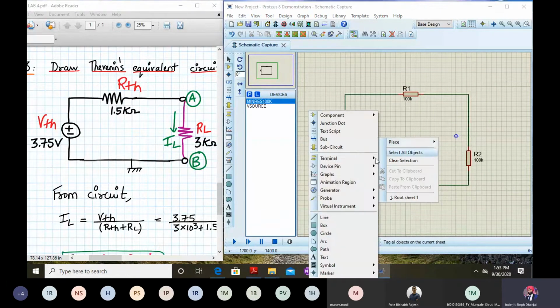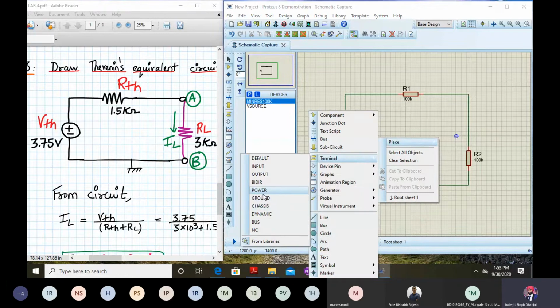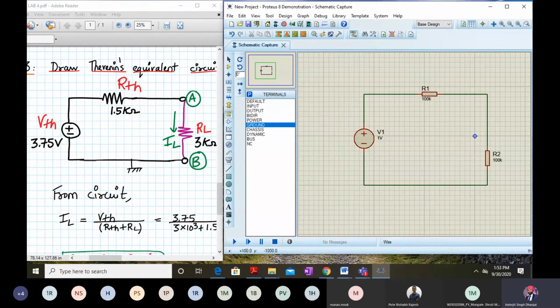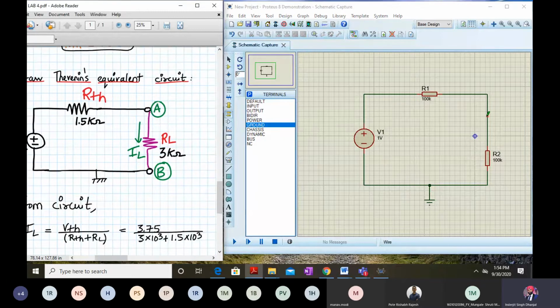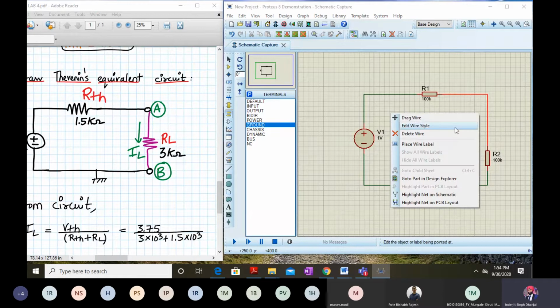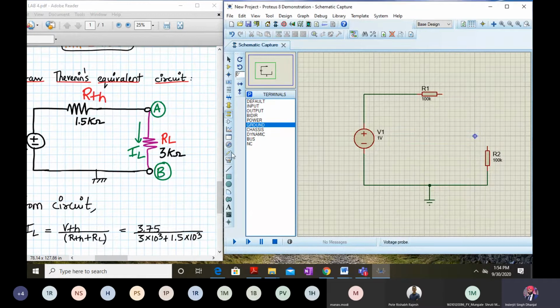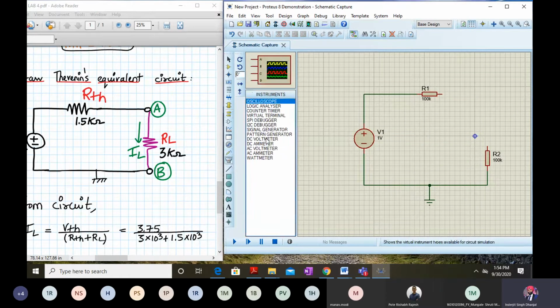Almost, the ground is missing, so I can add the ground. Here is my ground. I'll connect this also. Now I have to measure the current IL and the voltage across this resistor RL. So how do I do it? I think I need to delete this wire and add a DC ammeter.